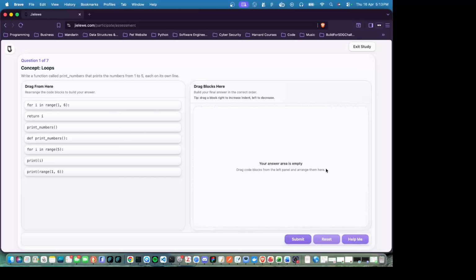Right there, if you want to do another assessment, you can accept that and do another assessment. But if you're good, then you can exit the study, and that's when you'll get the post-assessment survey, which will take you at most 10 minutes to fill. Once that's done, you will be good to go.